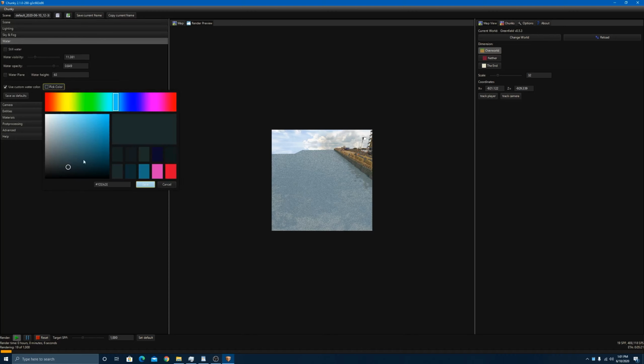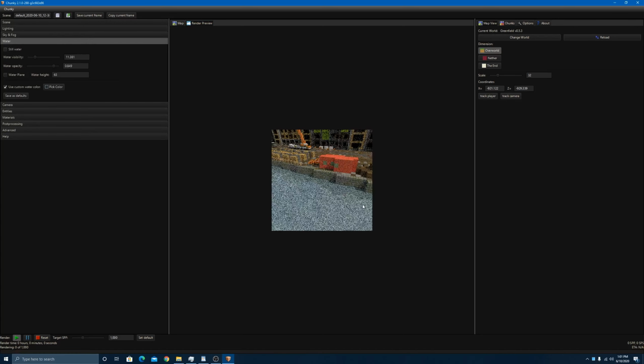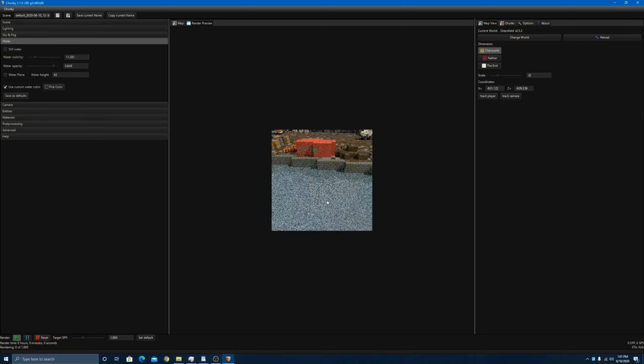As you can see, I did a very dark and gray and somewhat blue watercolor. You can see here when I move my camera around. Hopefully we're not using too much of our CPU. As you can see, it's opaque, but it's reflective. If I go ahead and increase the water visibility, you will be able to see farther down, and eventually we should maybe be able to see the bottom. Maybe not. But regardless of that,